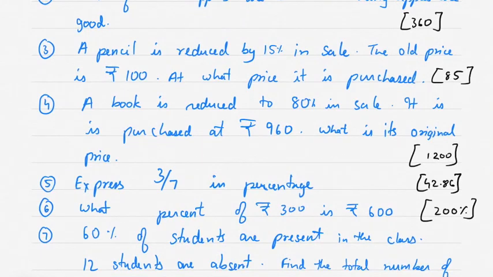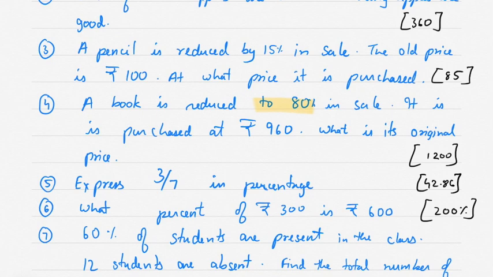Next question. A book is reduced to 80% in sale. It is purchased at 960. What is its original price? Now in this, a book is purchased to 80%, not by 80%, to 80%. So that means there is a 20% discount and you are paying 80%. Okay. So,